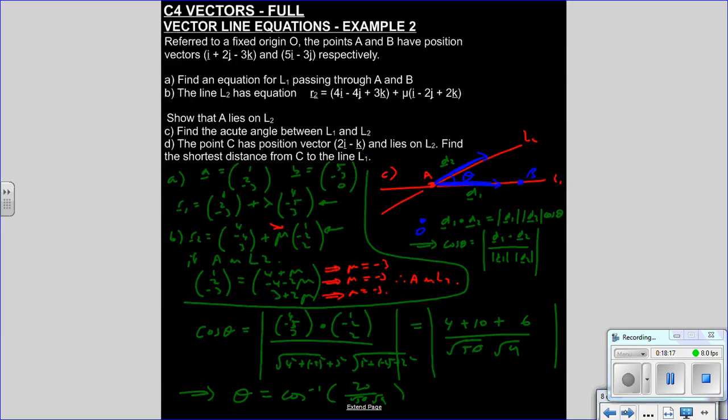Let's go back and that should sort it out. And therefore that's going to be, so 20 divided by root 50, root 9, cos minus 1 of the answer, so 19.5 degrees, to 1 dp. Okay? Now, that's taken us up to the point, the answer for C. Part D,